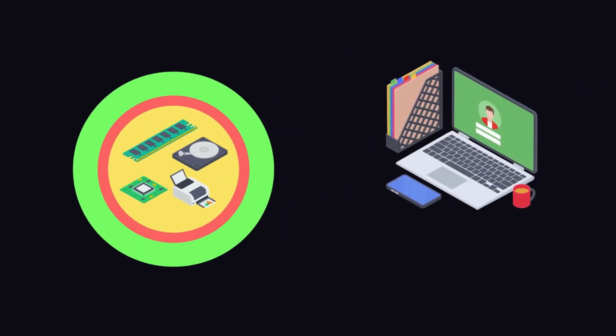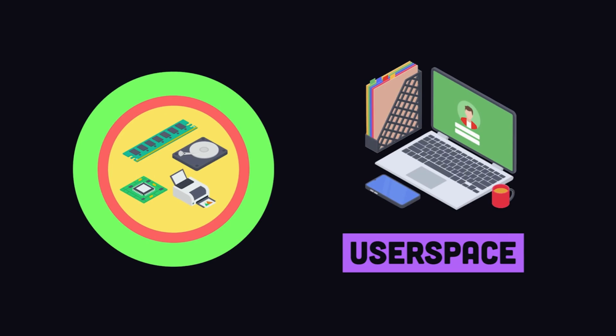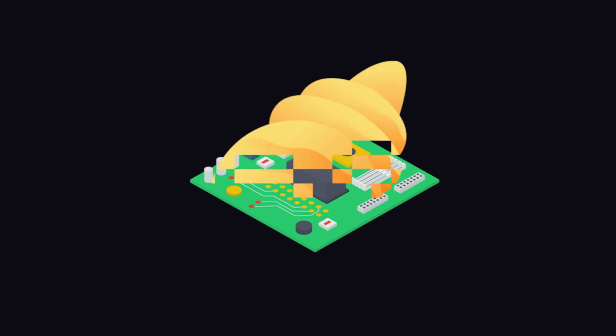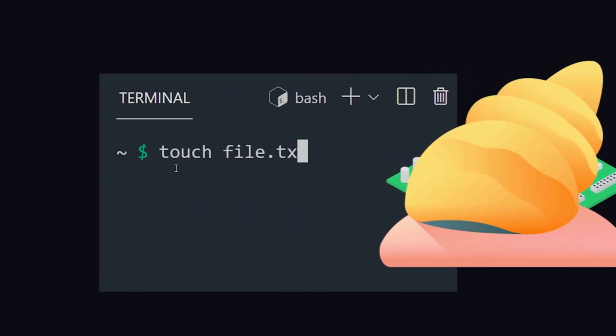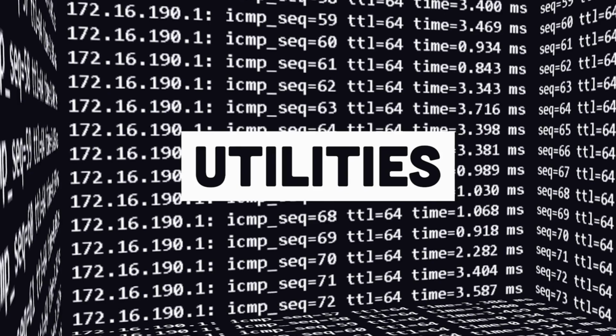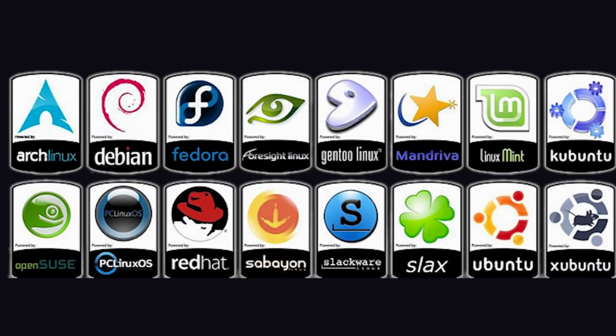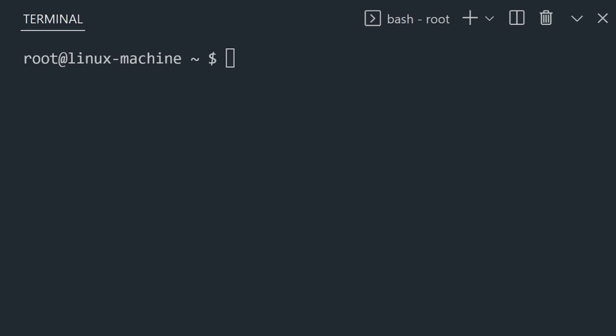Now, beyond the kernel, we have applications that make the OS usable for humans, which are provided primarily via the GNU project, like a shell to interact with the kernel from the command line, windowing systems on desktop, developer utilities, and countless other applications. To get started, install your favorite Linux distro, open the terminal, and notice how we're logged